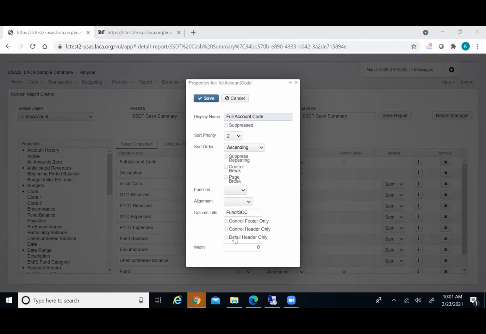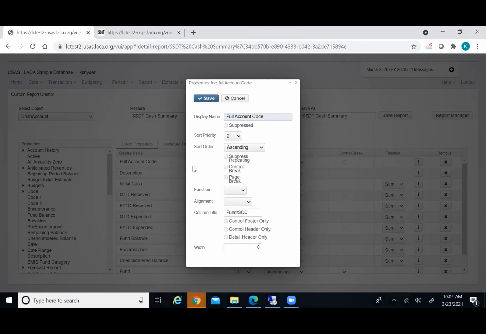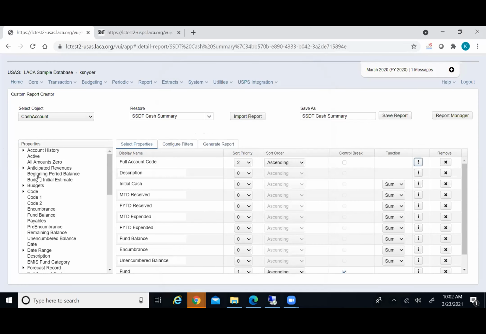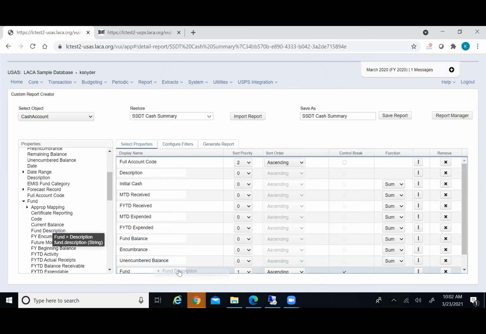So the control header and control footer, if I go back and view one of these reports, this is like my control header. So if I wanted to add something else to this control header, for instance, like fund description, if I wanted this to say Fund 001 General Fund, I could add fund description from over here on the left. If I go expand fund and find fund description and add it to my report,